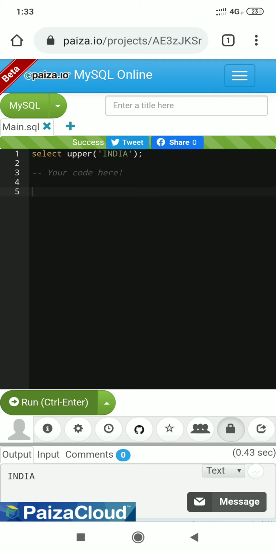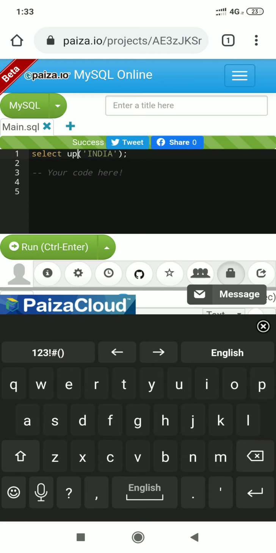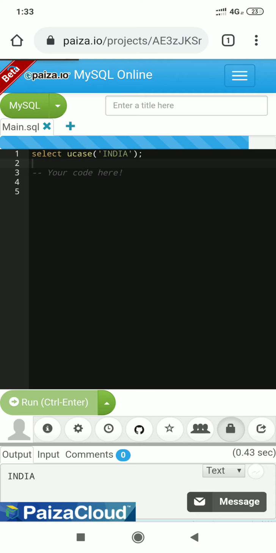Okay, so it's very easy. Now ucase. Now I execute the same. Students, you are finding the same output because it is a synonym of upper. Either we can use ucase function or we can use upper.